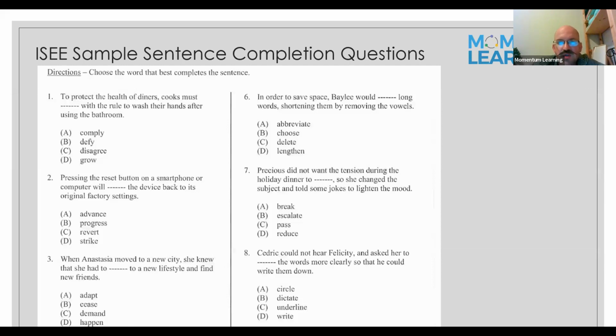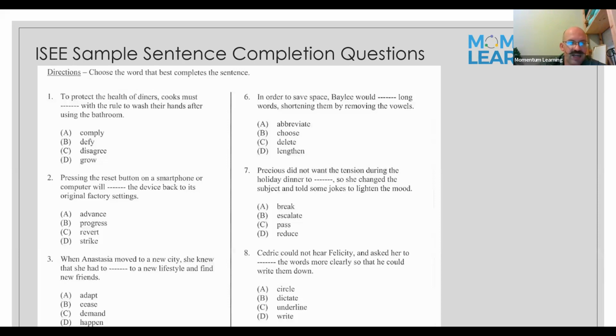With these questions, you typically will have 2 responses that in some way do work for the sentence. And so they're meant to trip you up, because we're looking for what functionally is appropriate and also what works the best. What functionally is appropriate and what works the best. So let's look at number 1.